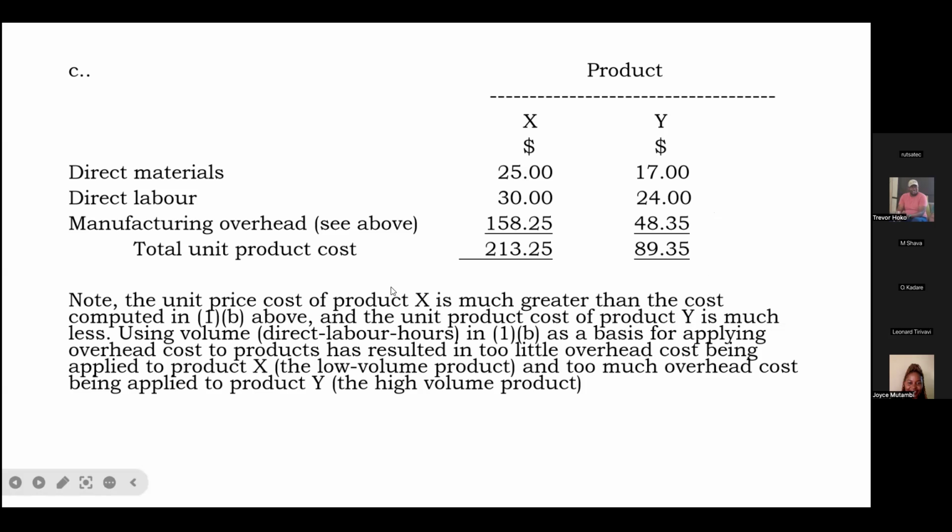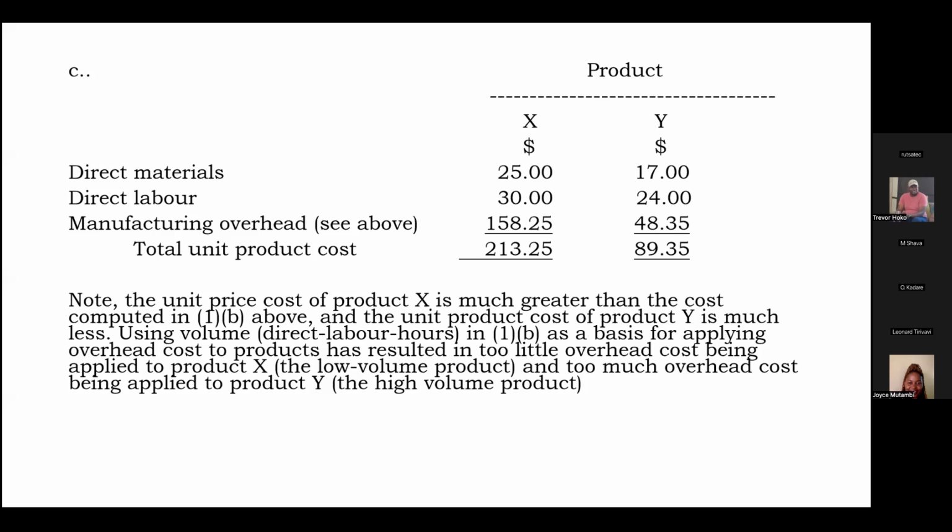So if you read those notes, they are saying that the unit product cost of product X is much greater than the cost computed in one above, which is under absorption costing. And the unit product cost of Y is much less. Using volume direct labor hours in 1B as a basis for applying overhead cost to products has resulted in too little overhead costs being applied to product X, the low volume product, and too much overhead costs being applied to product Y, the high volume product. So in short, what we are saying here is that now product Y, which is a high volume,